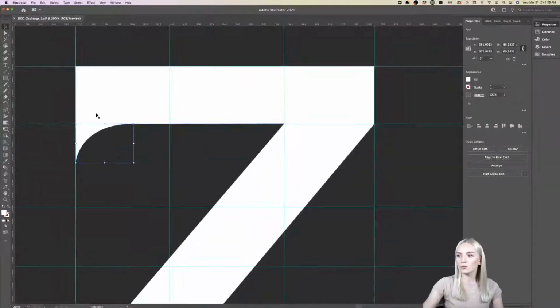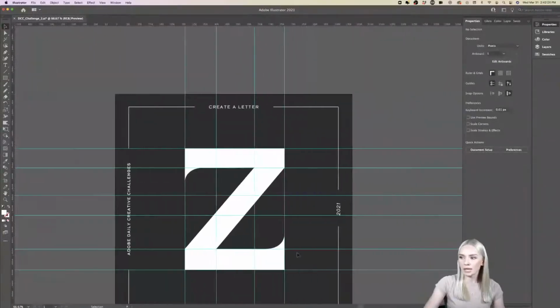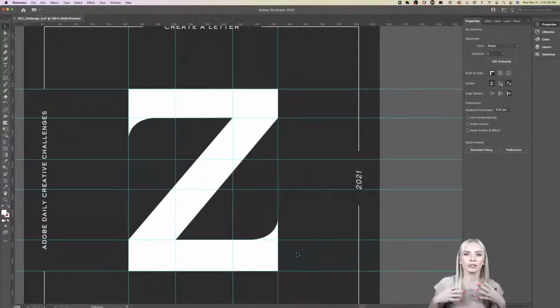And what we can also do is we can copy and paste it and reuse the same element at the bottom of the Z. So now I'm going to click and hold Option and drag it down, and I'm going to hold Shift to turn it around in I think about 180 degrees, right? And now I'm going to pull it down and set it right on top of this bottom part of the Z. And now I have this very beautiful custom letter Z that I can use to create, maybe